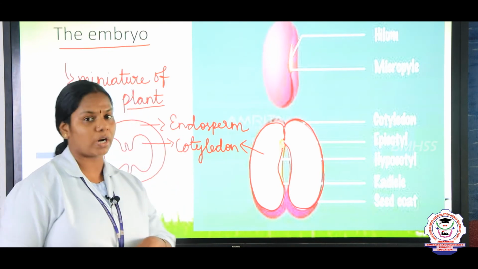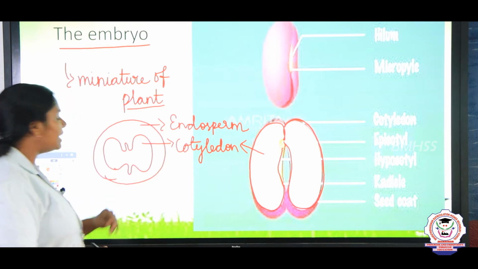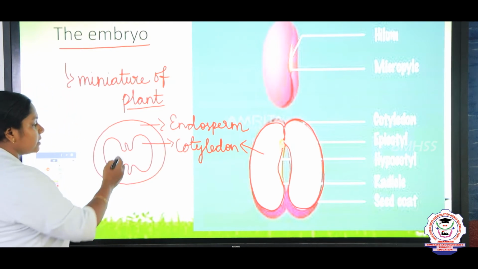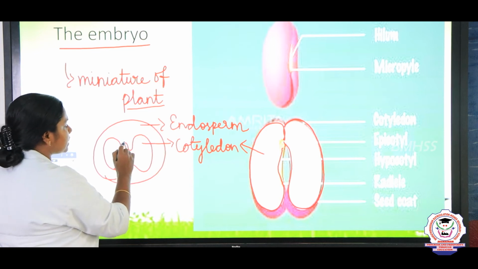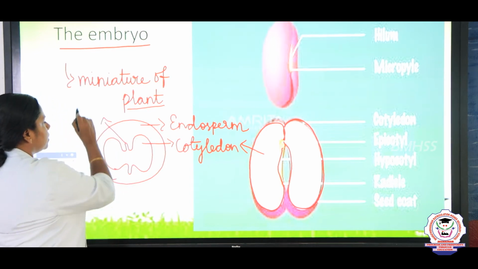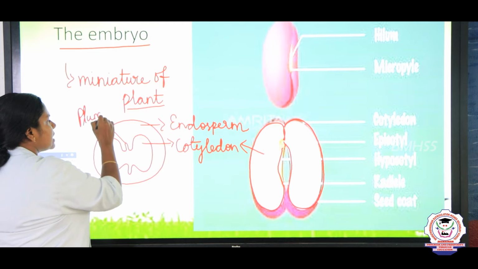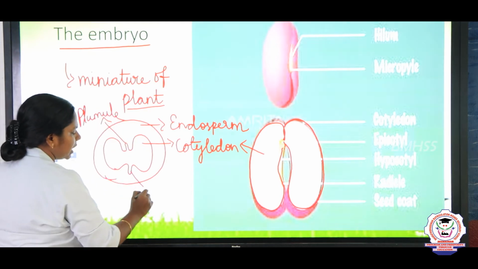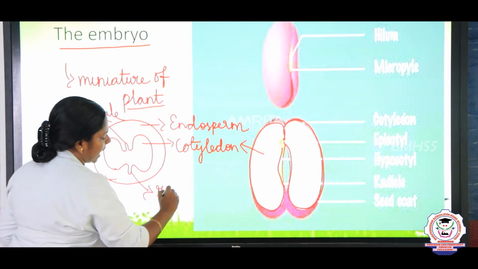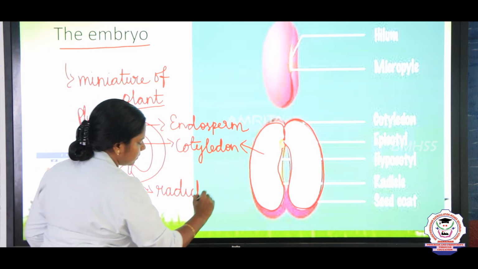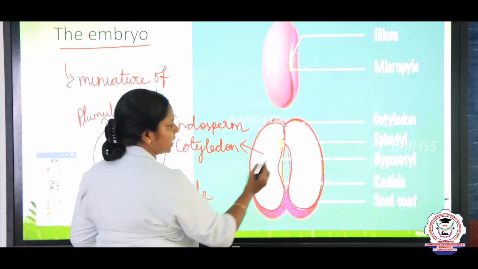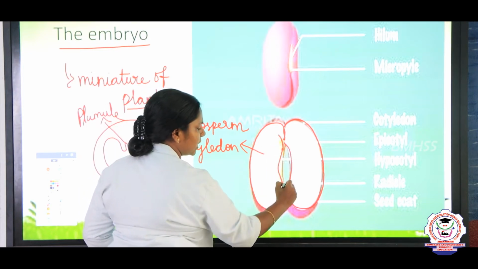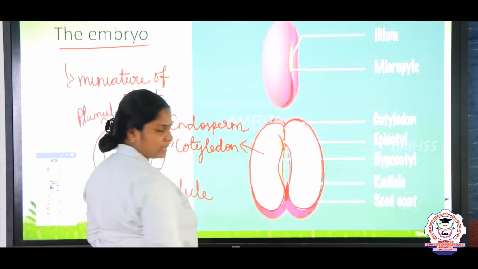to be monocot. So the first important part is the cotyledon, and the shoot that arises above the cotyledon, we say it as the plumule. And below, we say it as the radicle. In the structure of the seed, which one is the plumule, children? This one is the plumule and this one is the radicle, right?